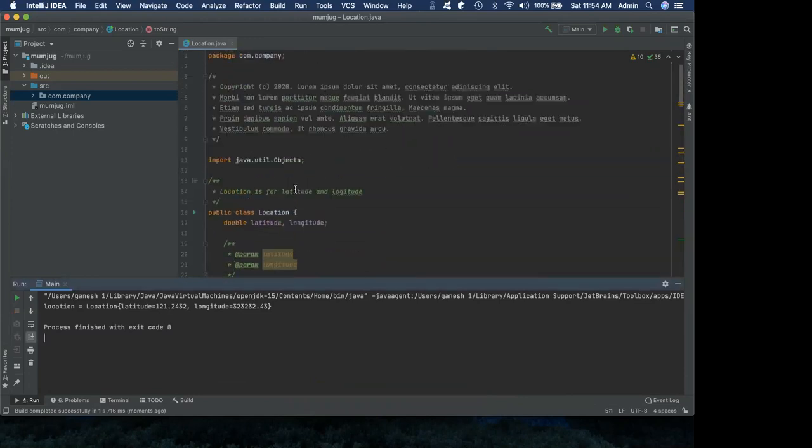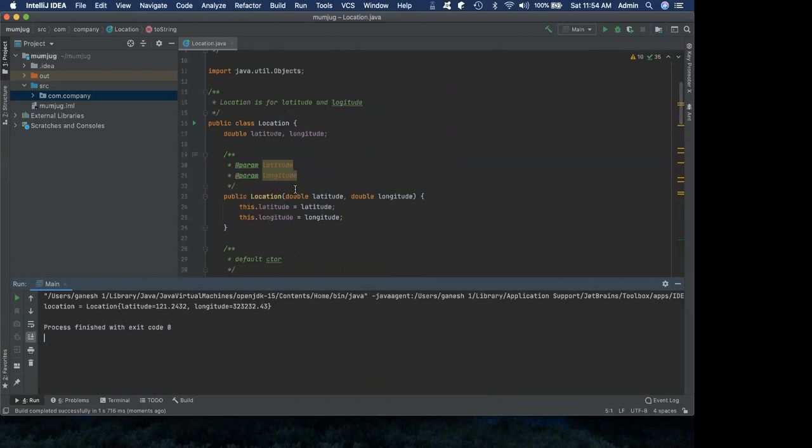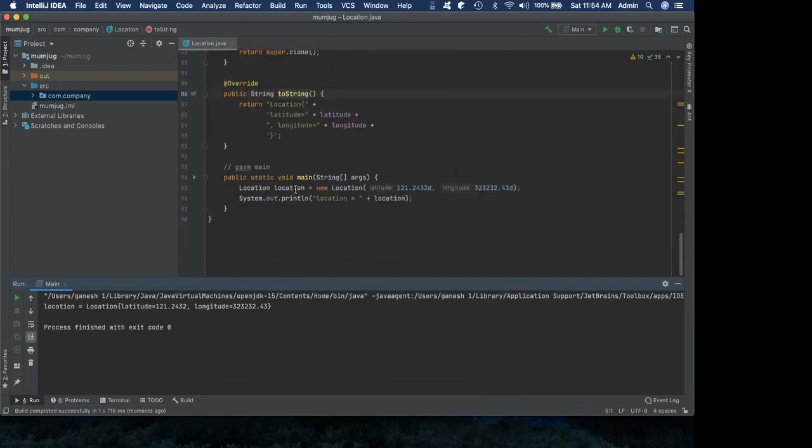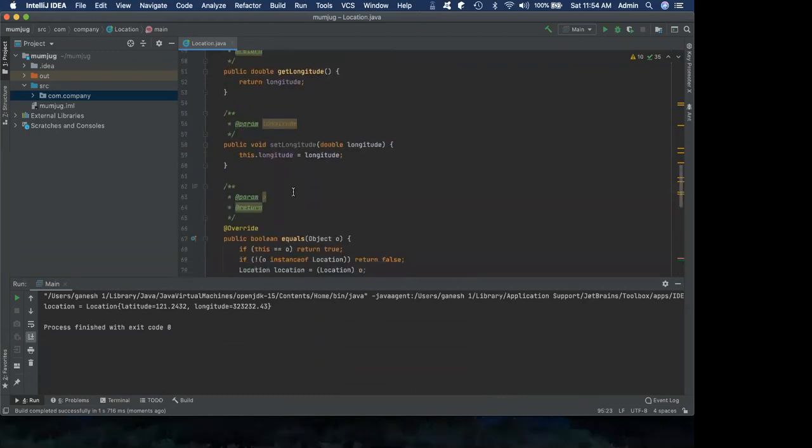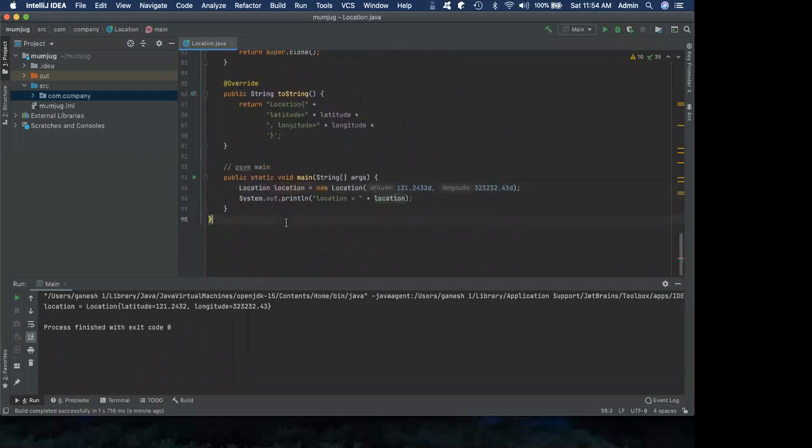So this is quite effective because I will be able to generate most of the code, mostly driving IntelliJ to complete my code, right? So this is a very useful thing, and I would request you to try this out, to generate the code instead of writing it again and again, right?